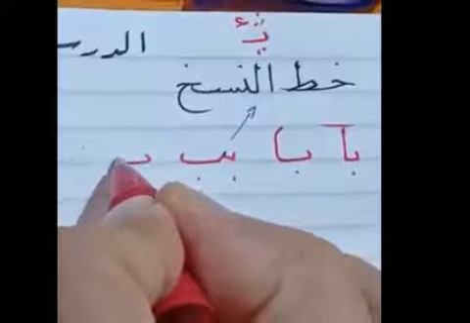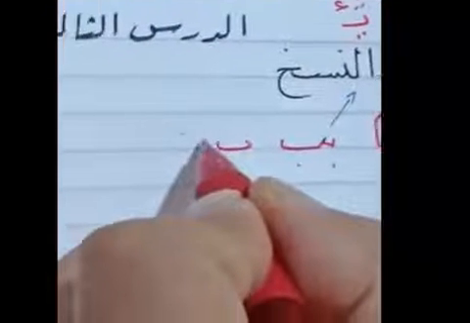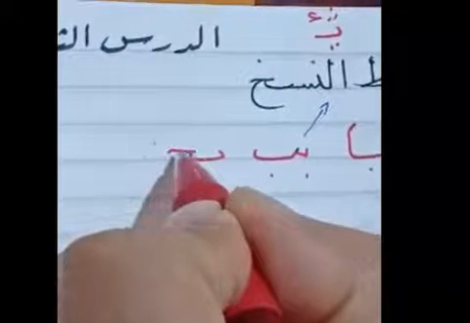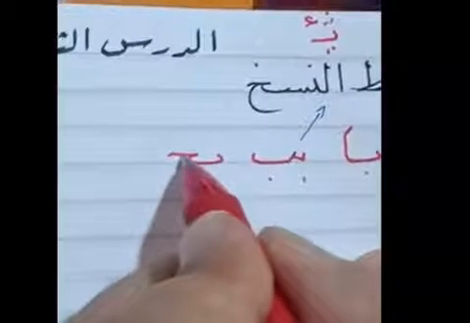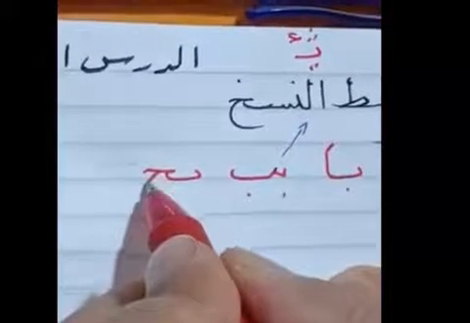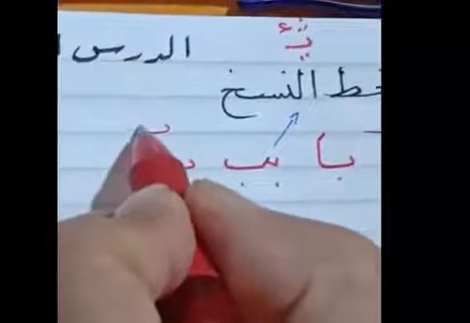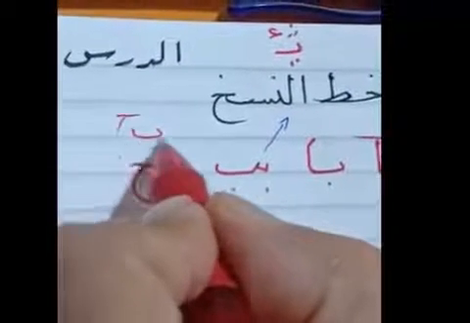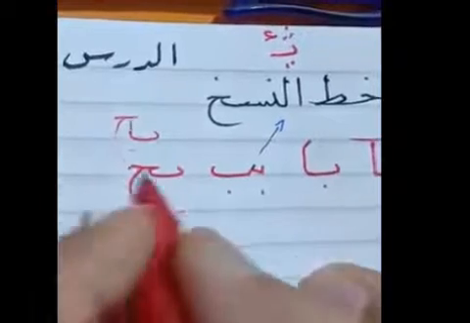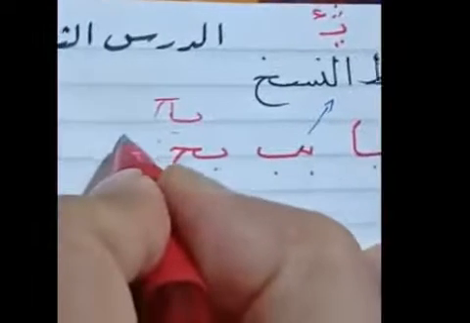Ba with the ha, so I make the ba with the length of 4 dots, and then I make a dash with a little bit of inclination, and then from the middle I make the C letter. If you notice, the ha is a little bit down because I cannot write it like this. So this is longer and this is not correct.